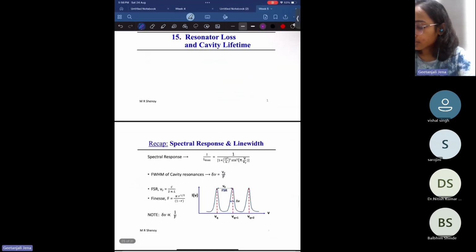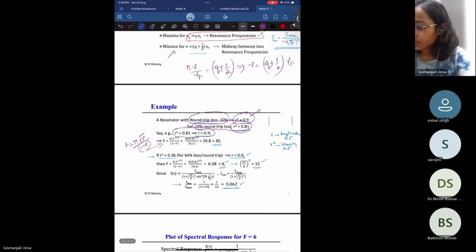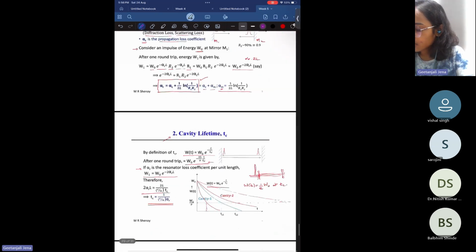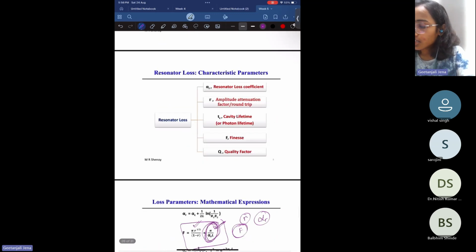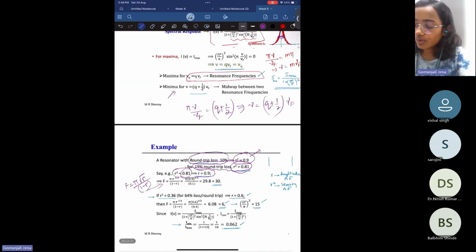The next one is, so we are discussing here. You can see the R square is 0.81. It's not between 0.9 to 0.99 that we have seen in the earlier case. For this condition to be valid, R square should be between 0.9 to 0.99. But in this case, it is 0.81, around 0.8.